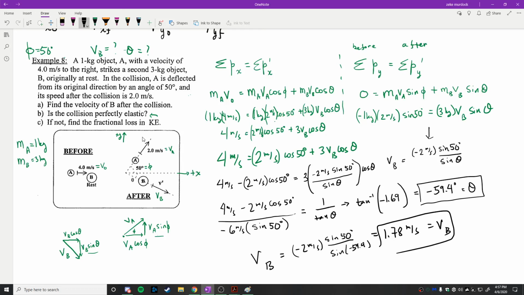So, right. This equation should have been divided by 3. Times 3? No, VB is divided by 3. VB is equal to 2 sine 50 divided by 3 sine 50. So that should have been a 3. There should have been a 3 right here, which the 3 over the 3 would have canceled. So this number down here, this should have been -2. So now